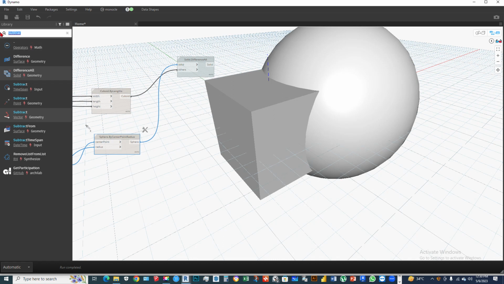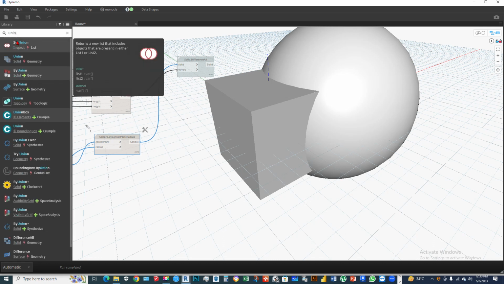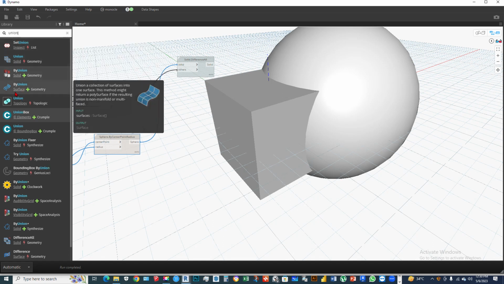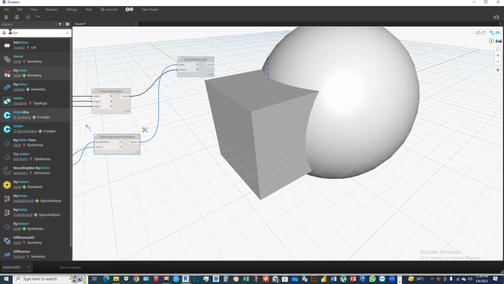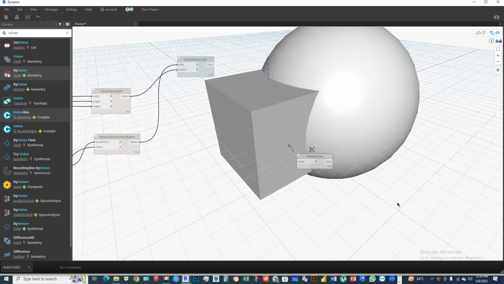To do that, just search this option, write this option, say union. There are multiple union options in this library section. Note, for the union node, we have to select solid union. Okay, solid union. If we connect this solid to this solid by union,